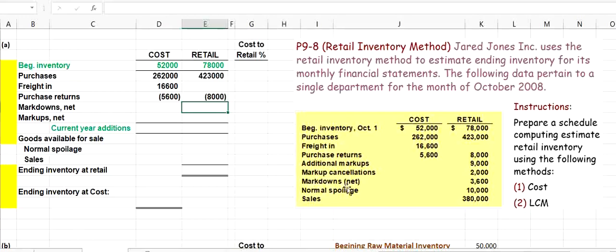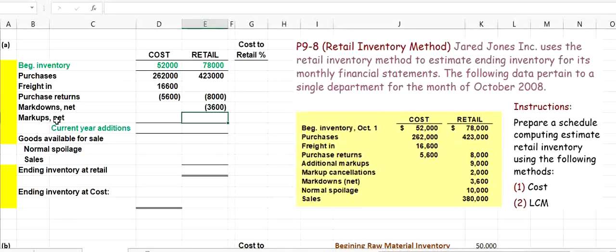When I have a markdown net value of 3,600, so 3,600 is actually my markdown net value, and as it shows a decrease in the price, there will be a decrease in the retail also, minus 3,600. I took it from here. Now the next